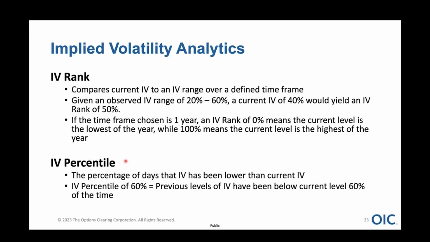Now, IV percentile is a little different. IV percentile is the number of days that the implied volatility has been lower than the current implied volatility. So in other words, it doesn't just take 3 observations. It takes all the observations over a year, and it tells you what percentage of days the IV has been lower than the current level. So if an IV percentile was 60%, that would imply that previous levels of implied volatility have been below the current level 60% of the time, or it's just another way of saying that implied volatility is on the higher end. So once again, you can use these 2 metrics interchangeably, but it really allows you to figure out